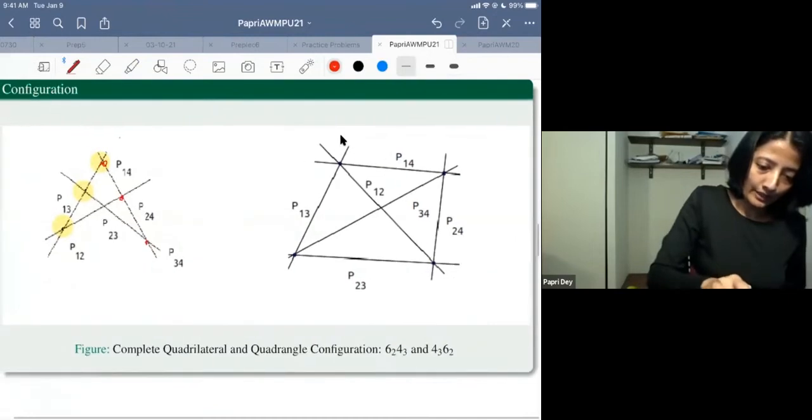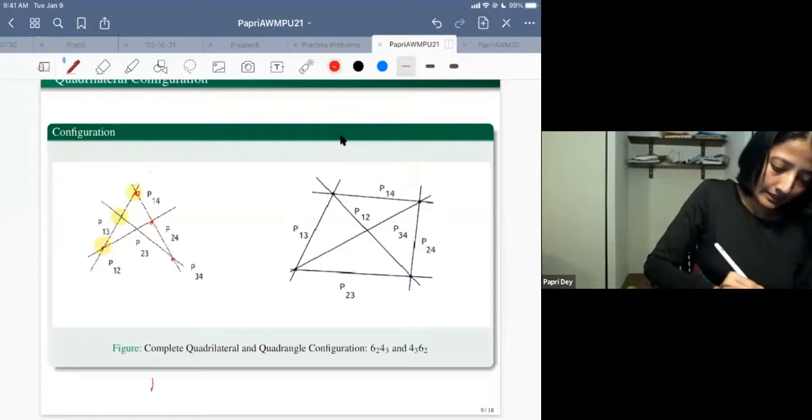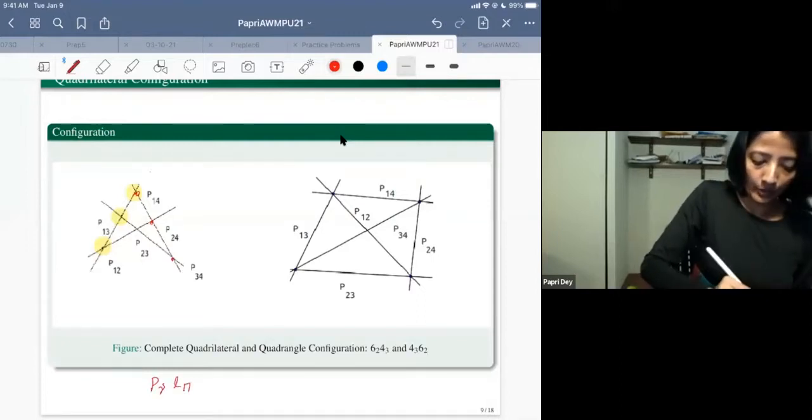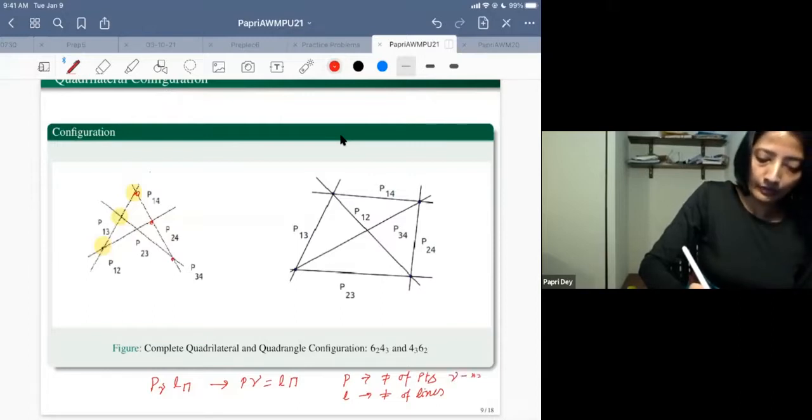And a nice fact about it, a very easy way to see this one is like, this is something like this configuration, when you have this condition where P is the number of points, L is the number of lines, and gamma is the number of lines per point,